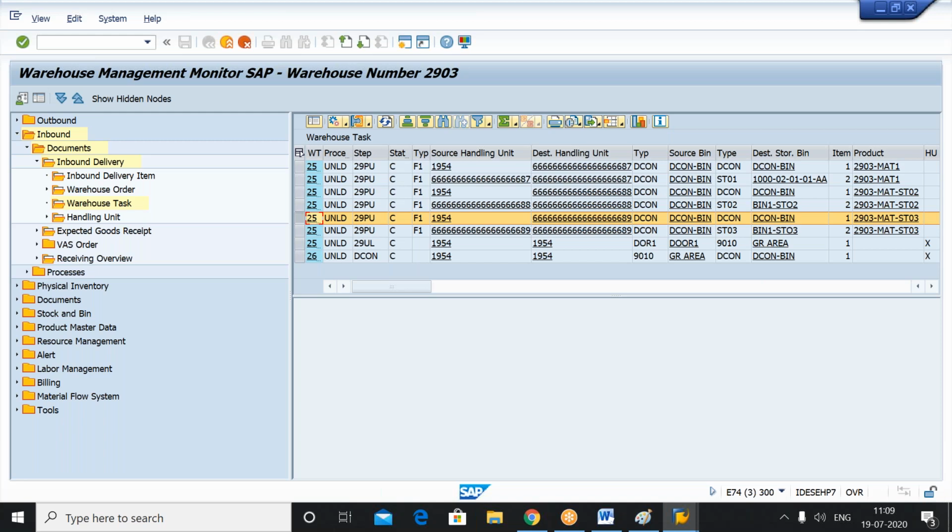Yeah, please go ahead. So in the packing transaction, is it possible to assign multi